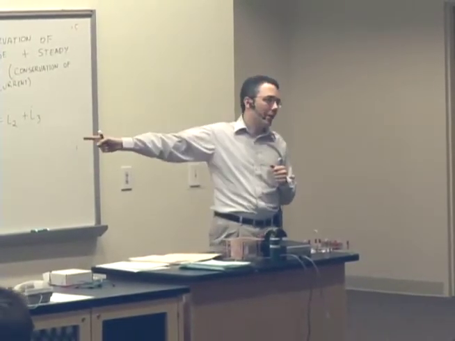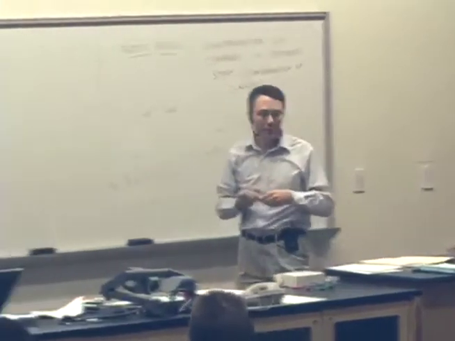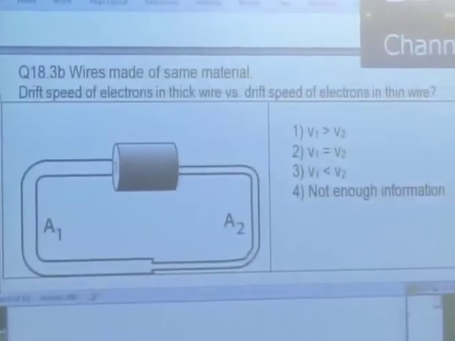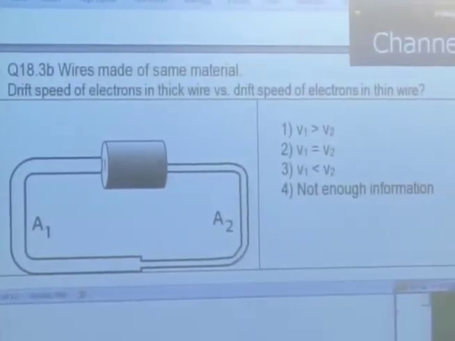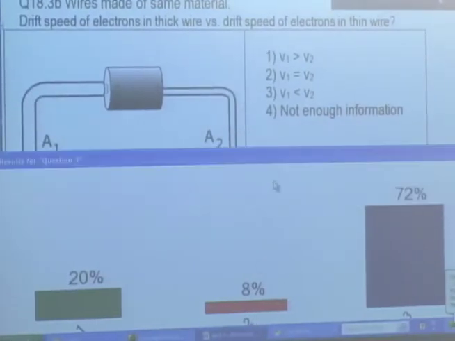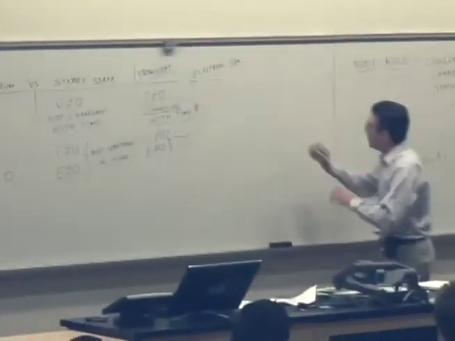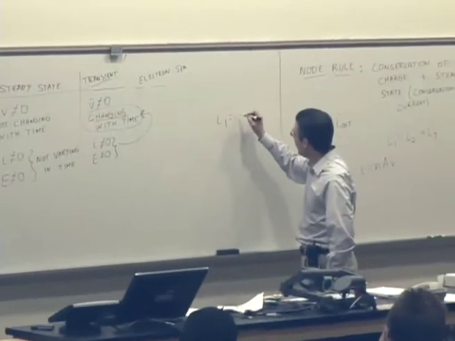So let's follow your nose here. What's going to be true about the drift speed in this case? Okay, so we're starting to get the idea, right? The velocities are different, and the drift speed in wire number 2, the thinner wire, has got to be bigger than the drift speed in wire number 1. So let's just go back to this. We said that in the steady state, the current flowing,